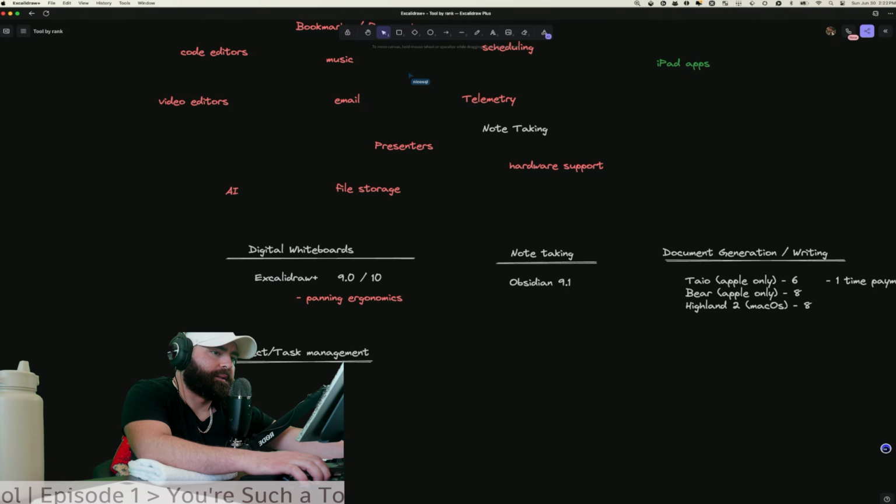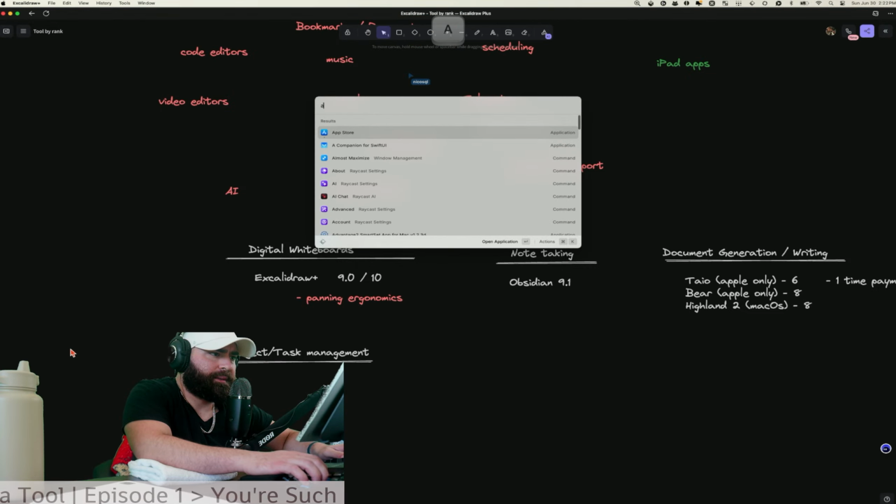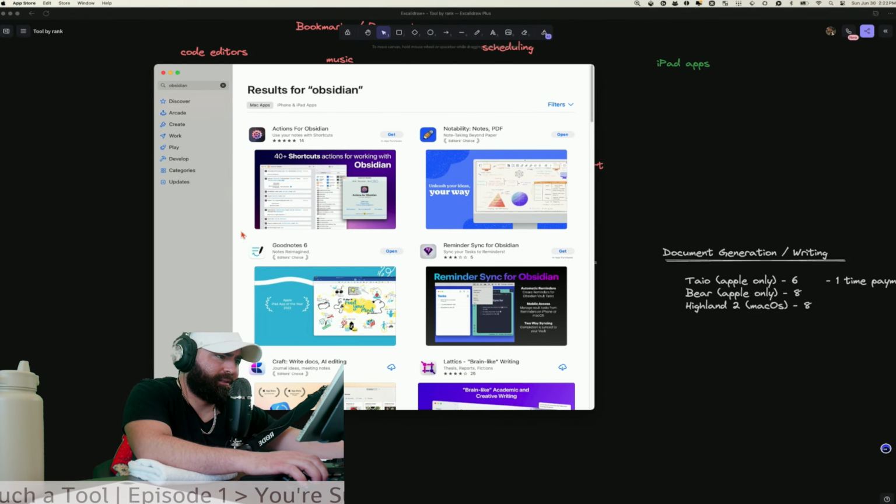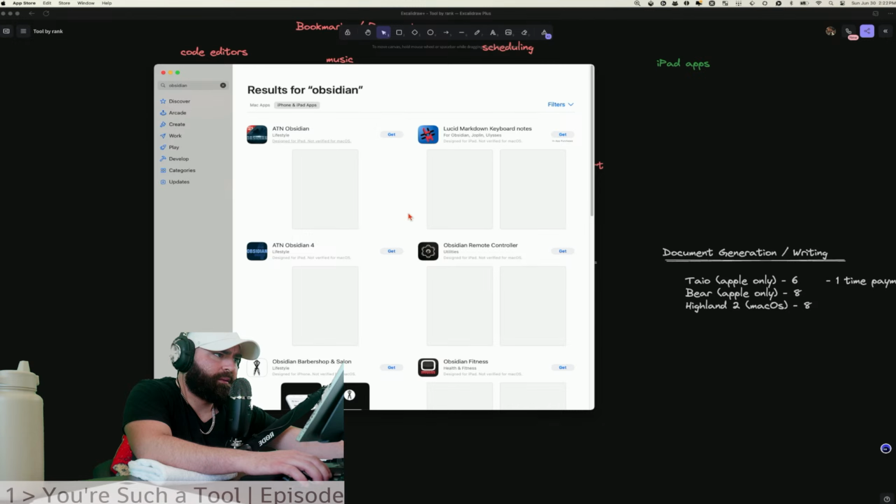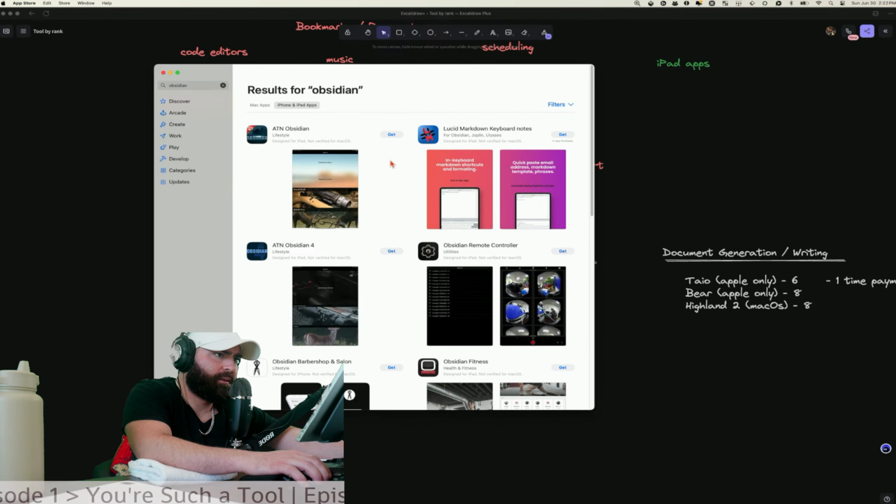Oh, okay, wait, it's in the App Store, because I think they were iPad apps actually, but we'll see if most of them will also run on Mac OS now.